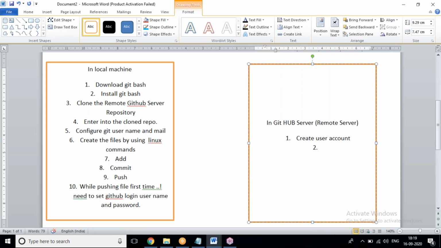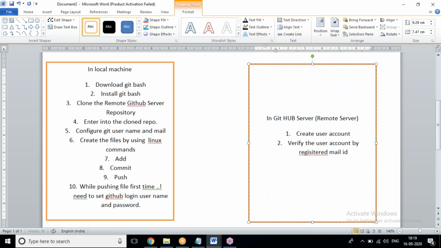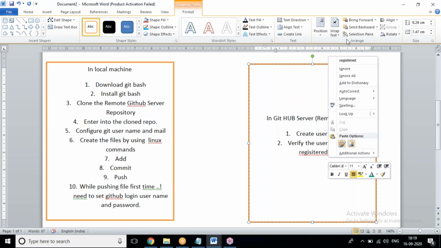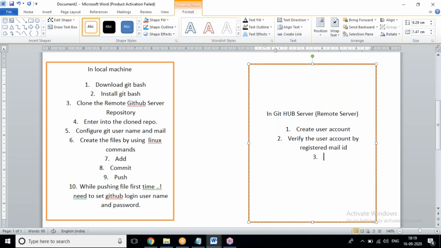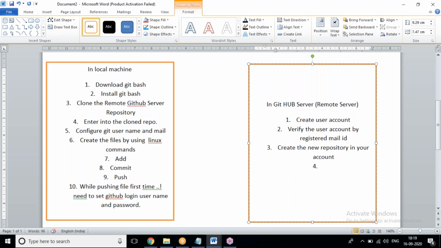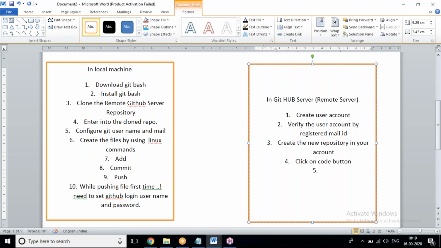First of all, create a user account and verify the user account by the registered mail ID, then create the new repository in the user account, then click on the code button, copy your repository URL.